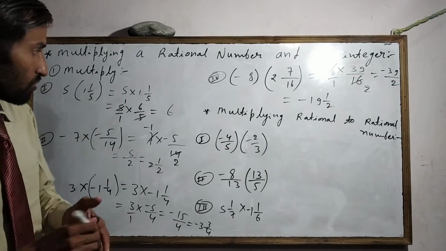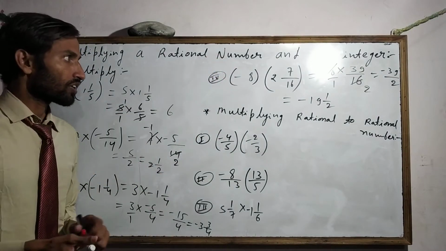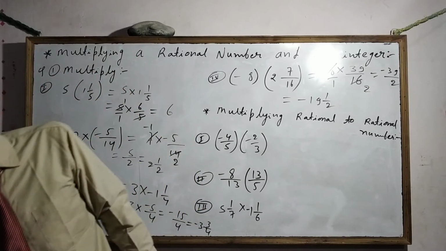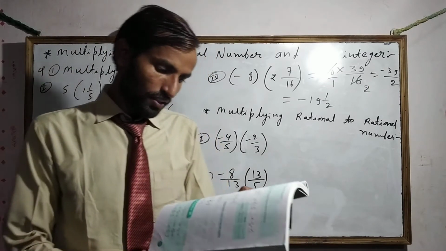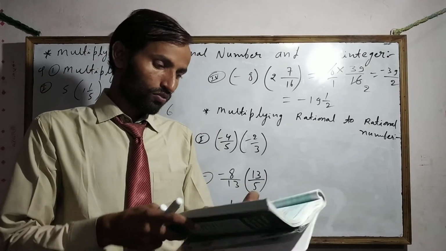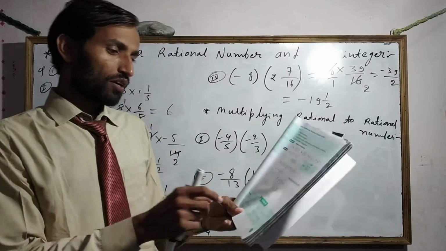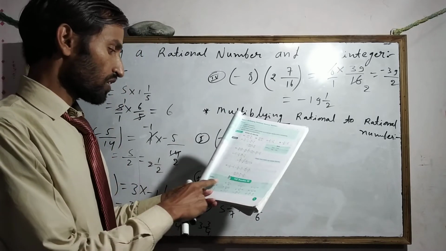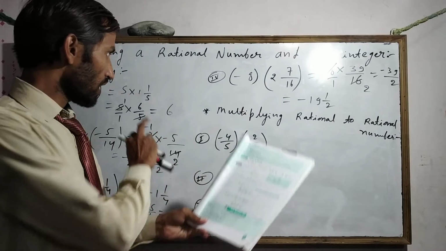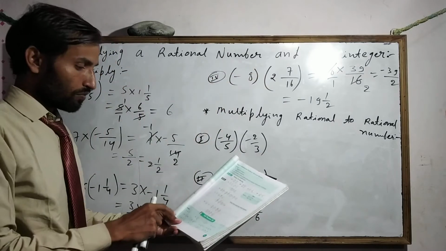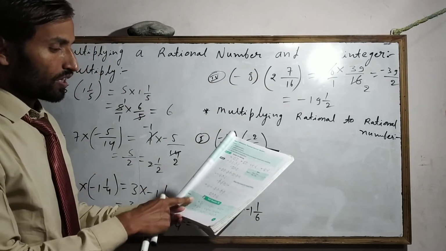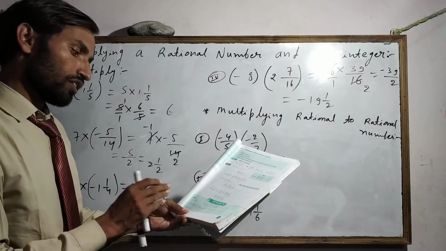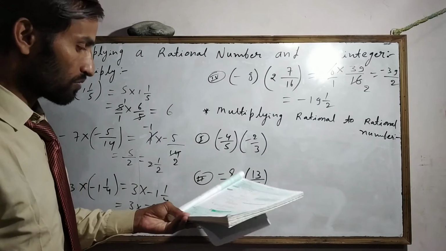So these are multiplications of a rational number by an integer. In the exercise also, this type of question is given in the first problem. You can see in self practice 3, the first question, the same type of question is given, rational number to integer, and sometimes first the rational number and then the integer. You follow the same process.